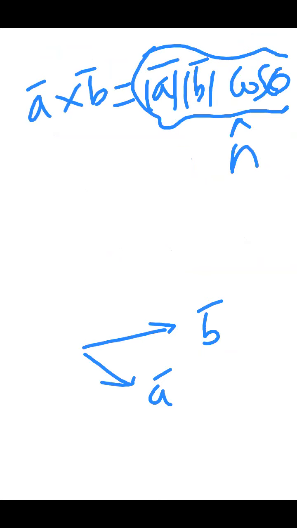N cap. Please note down. If you see a standard textbook, they will mention n cap. You will get a vector. The n cap is a vector perpendicular to the surface formed by these vectors. Please imagine yourself. There are two lines. A vector means a line, sir. Generally, there are two lines.